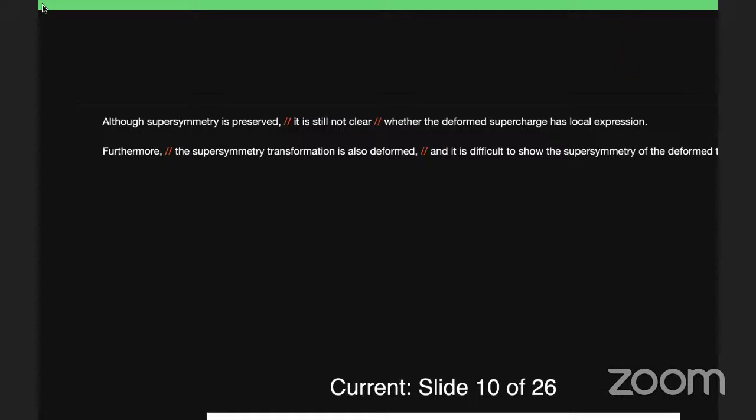Although we see the supersymmetry is preserved, it is still not clear whether the deformed supercharge has a local expression. This is a separate, independent problem. And in addition, the supersymmetric transformation is also